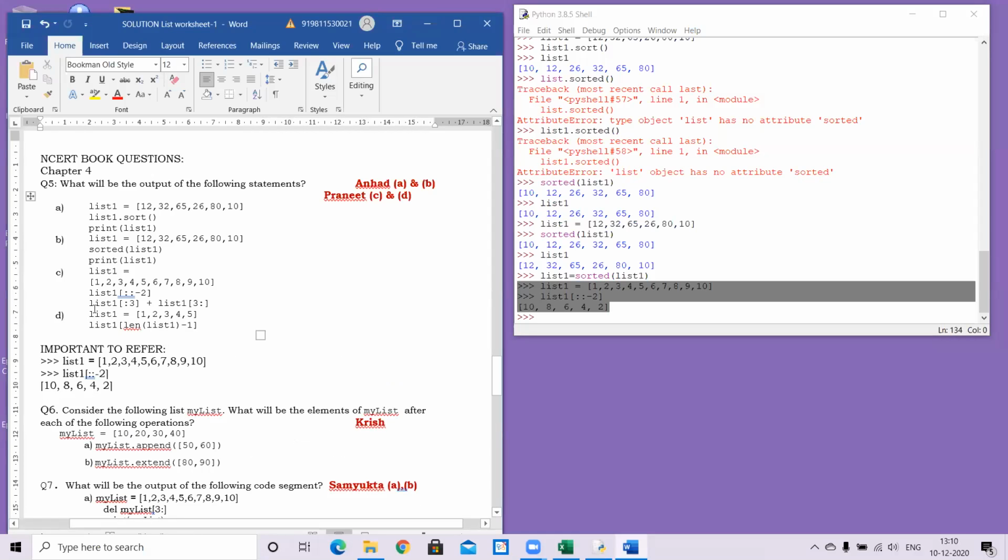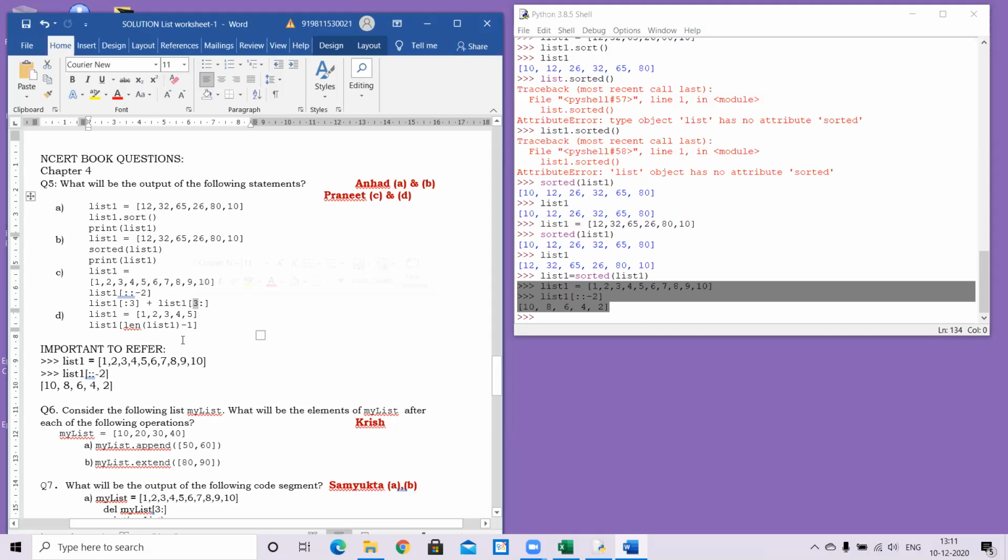What is the last one? Oh no, you have this step also. What will this do? It will take a gap of 2 from the start. Why gap? This is not the step value. It's not two colons and then 3. It is a single colon, so it is a stop index and this is a start index.